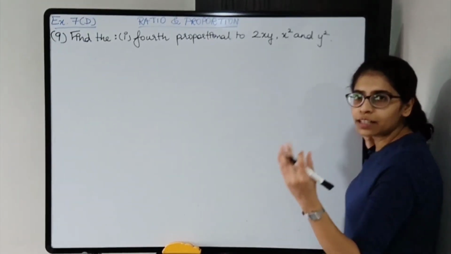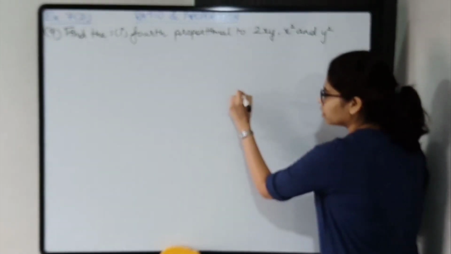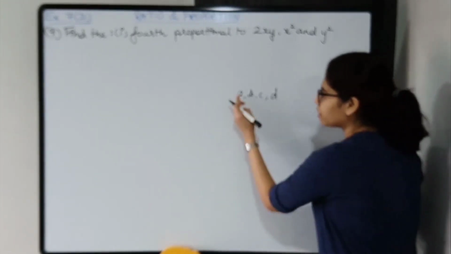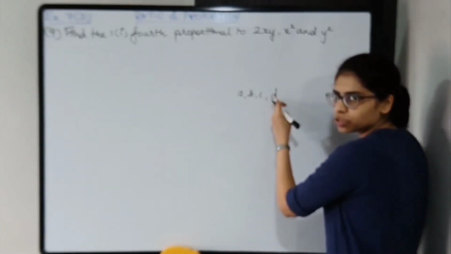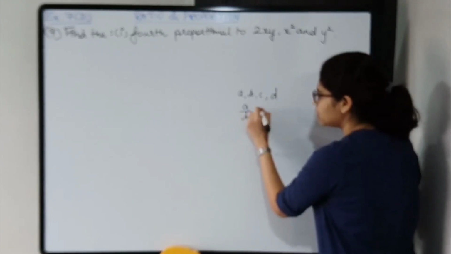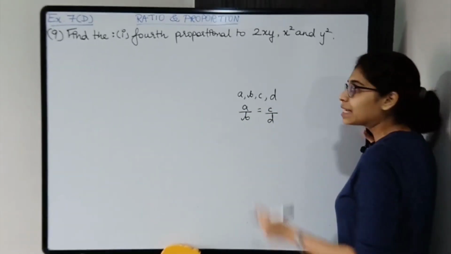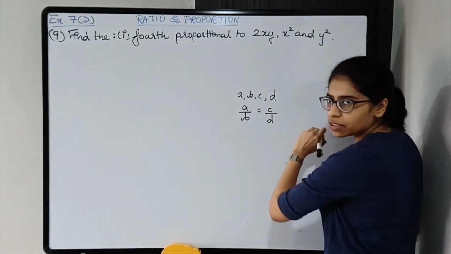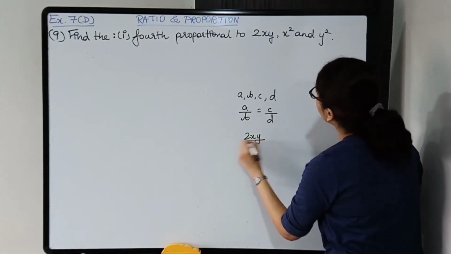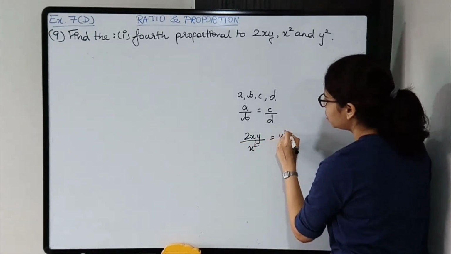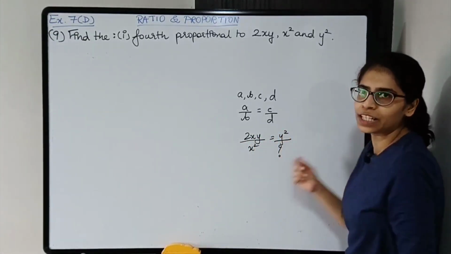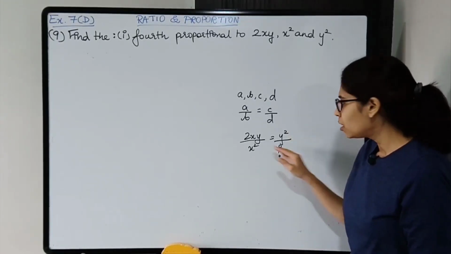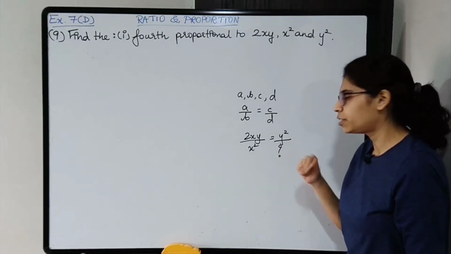So when you are told that there are four terms and they are in proportion, like A, B, C, D, and they are in proportion, what does it mean? First upon second is equal to third upon fourth. That is A upon B is equal to C upon D. Same thing over here. So first three terms are given. So first upon second is equal to third upon the fourth. We don't know. We need to find. So this basically, cross multiply, solve further, you will get the fourth term.